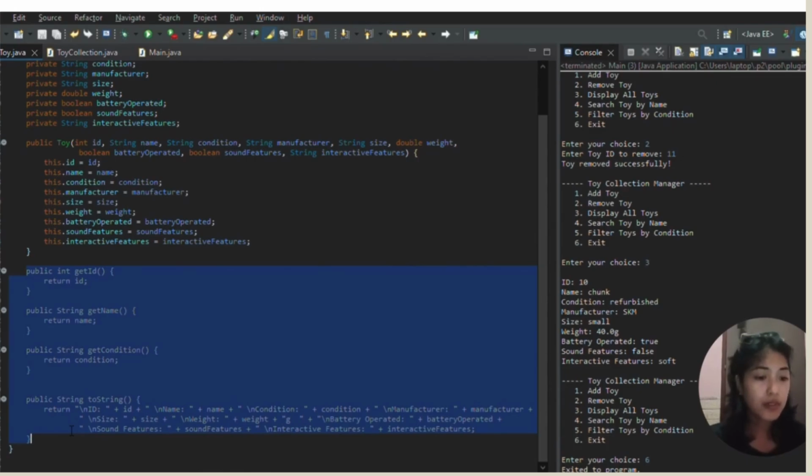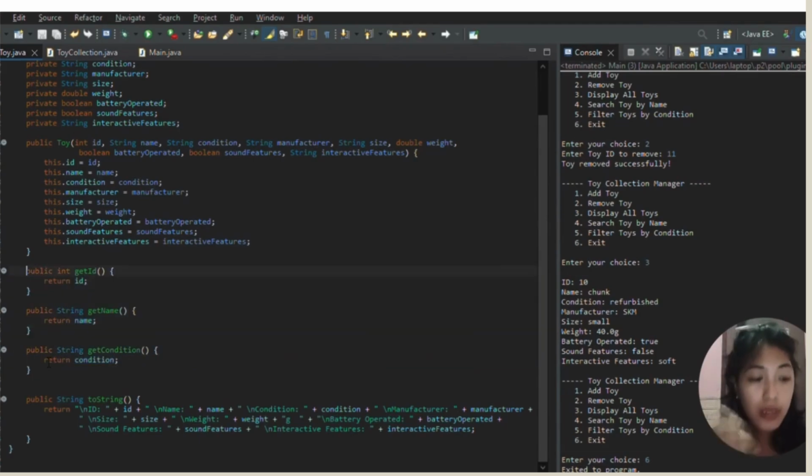I will explain what these highlighted codes are for. To begin with, this method keeps the data encapsulated, meaning it restricts direct access to an object's data by keeping the variables private and allowing access only through public methods like getter methods. For example, this getID method returns the unique ID of the toy for identification, while this getName method returns the toy's name that will be useful for displaying and searching execution.